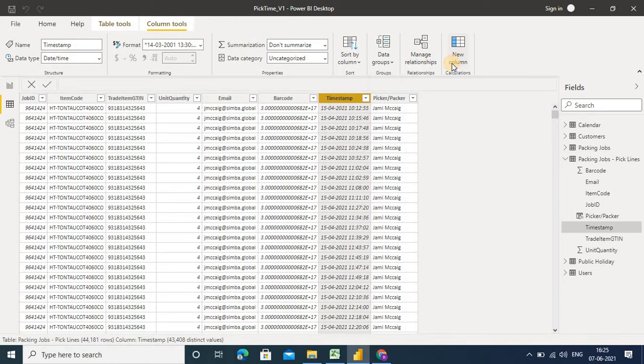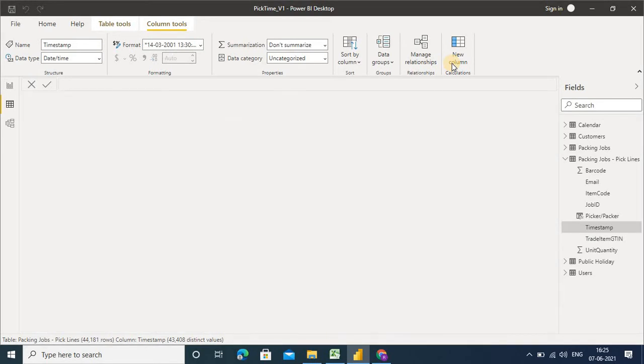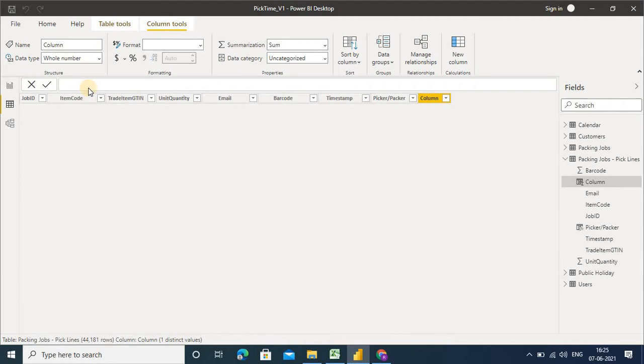So that's why, what you will have to do is create a new column here. Just wait. Once you create this new column, after that change your relationship from timestamp to date one.